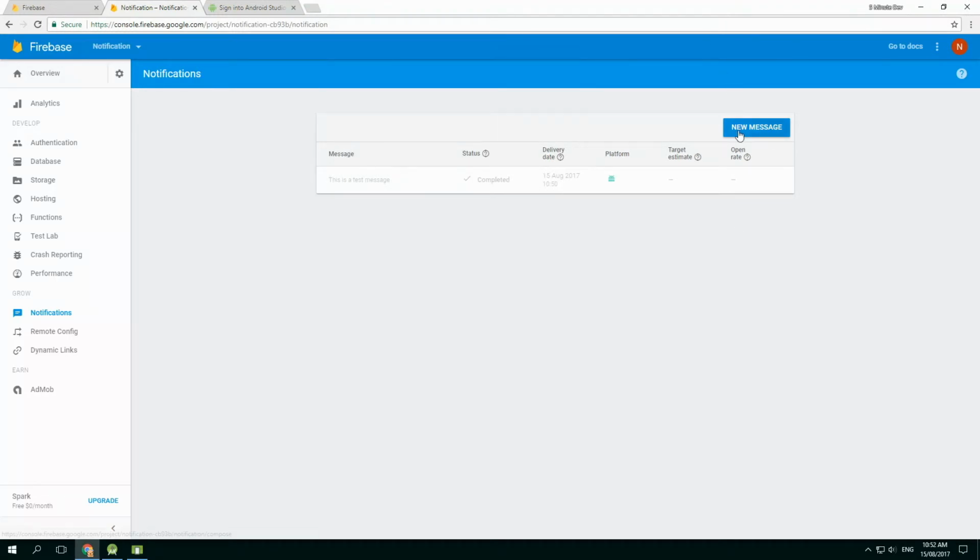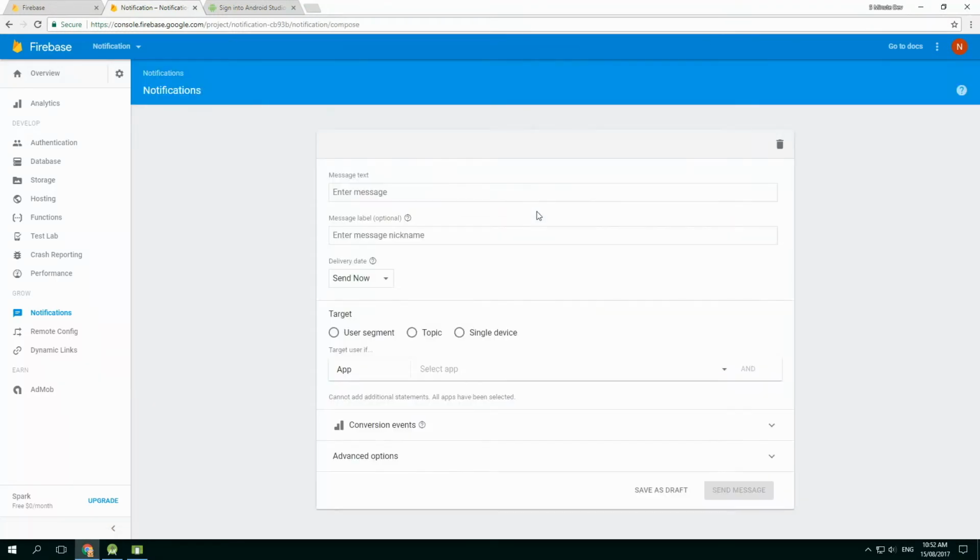So at this stage, if we create new messages, they won't deliver while the app is already open, and we'll fix that